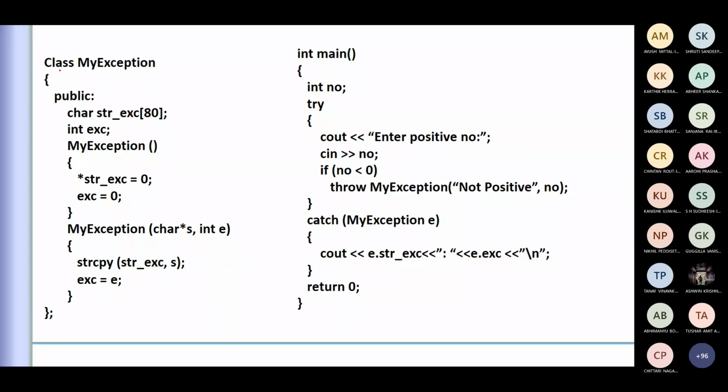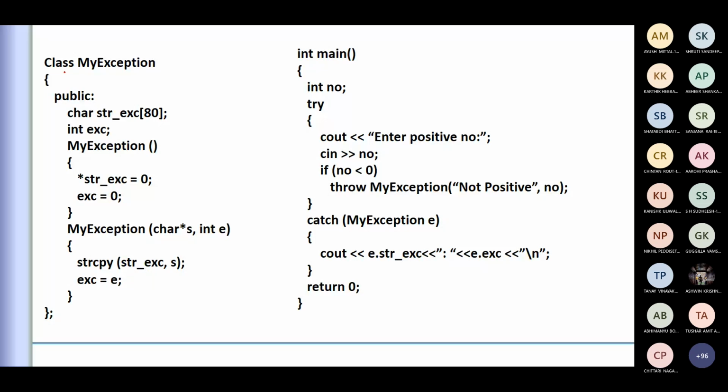So this class, if you observe, is a simple class, the way we write it. It has two data members: one is a string and one is a number. And then there's a constructor. If it is a default constructor, when you invoke it, both will be assigned 0. If you use the parameterized constructor, the appropriate string will be stored in it. So this is your class definition.